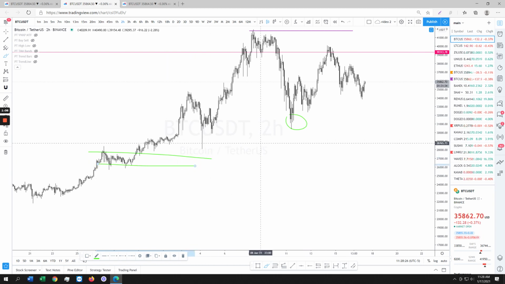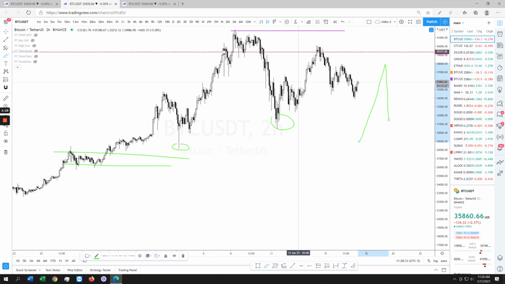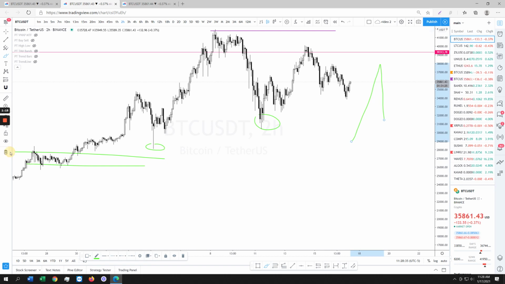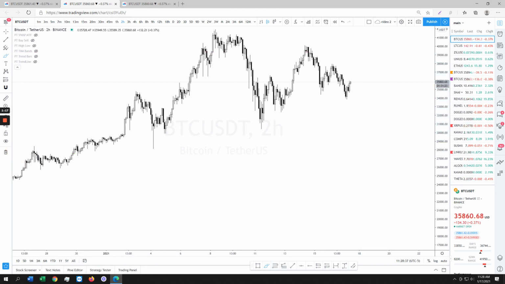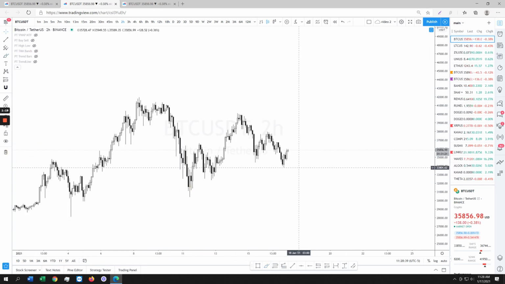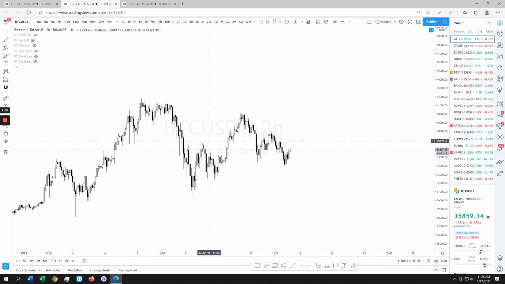Even if we get off the yearly open, which is 29,000, and then bounce back up, I still expect to go lower if this happens to be distribution and not reaccumulation. So currently, from a micro stance, I am long, and the reason why I'm long is because we put in a 1 hour bull div.